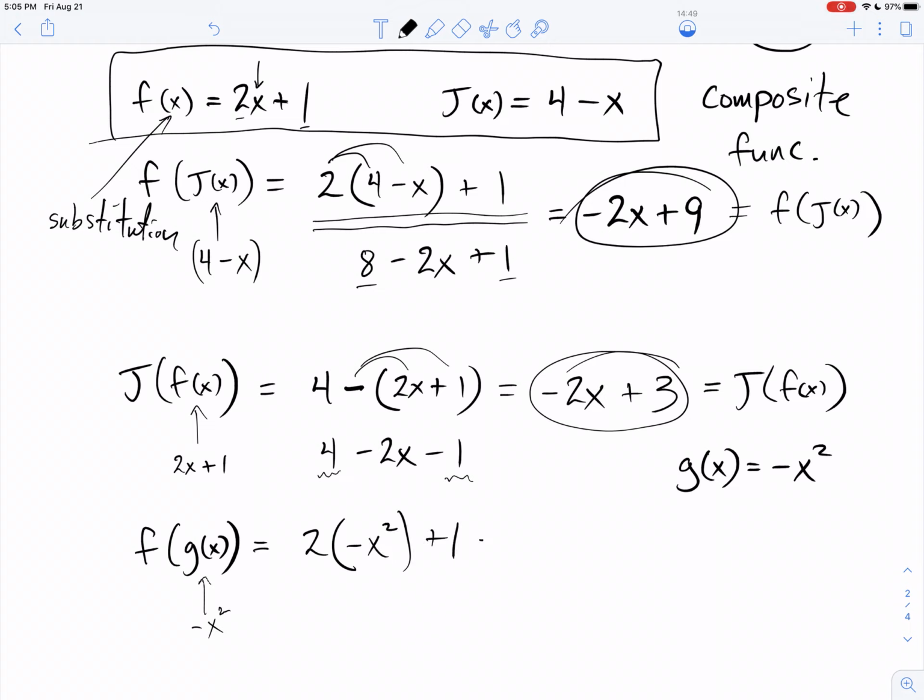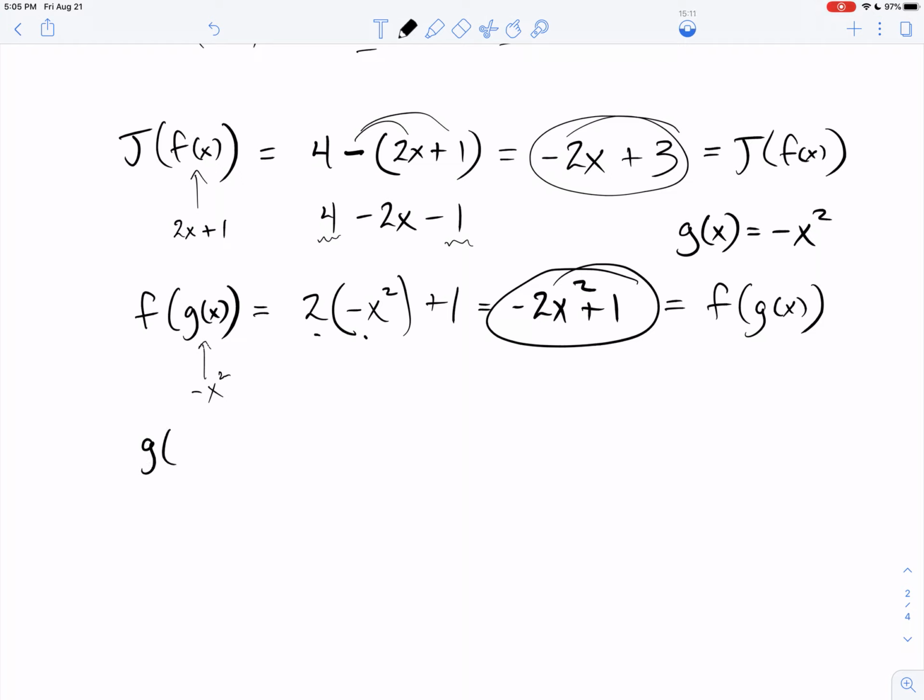So how tricky does this get? Well, this is about as tricky as we're going to get now, and we're going to see something like this. What about g of f of x? Composite function. What does this guy do for a living? His name is 2x plus 1. He's going to get popped into g. But what does g do? G says, I'm going to put a negative, and now look, I'm going to take whatever you give me and I'm going to